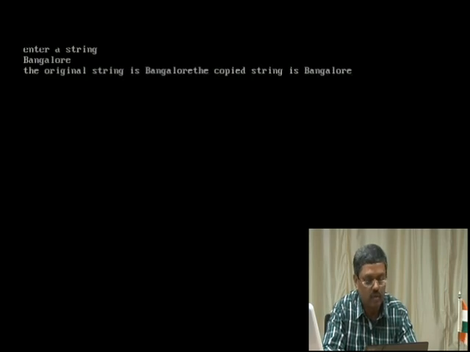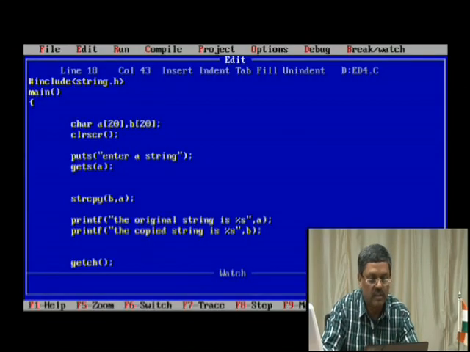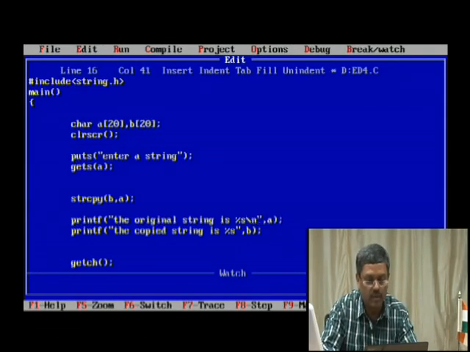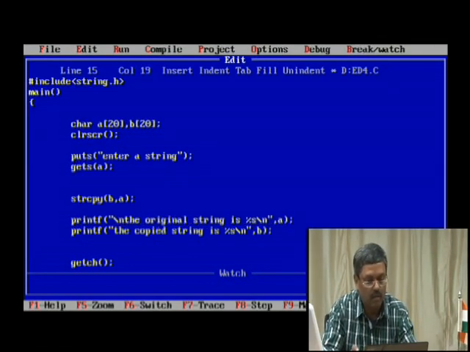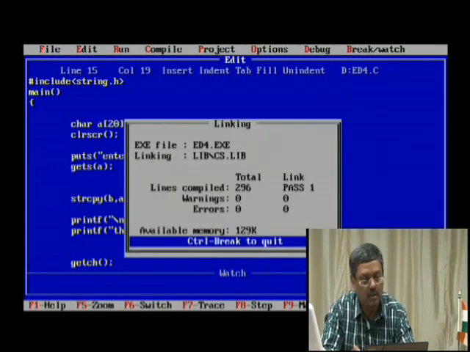Enter a string, Bangalore. It's printing fine, but it should be printed with a new line character so that it is better. Okay, save this and then compile. Enter a string. This time Mysore.